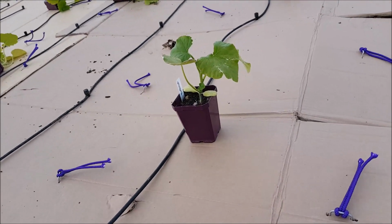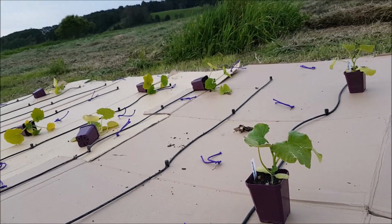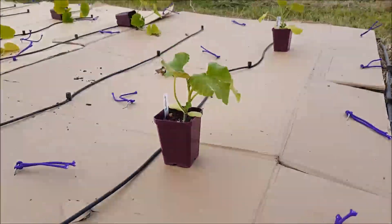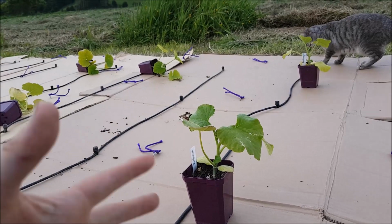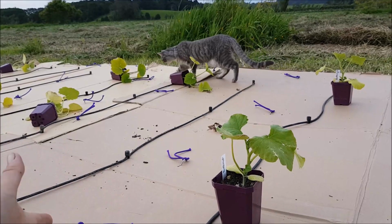So what I've done is something rather naughty, and I probably shouldn't tell people how to do this because it's not technically legit. But what I did under there is I just mowed as close as I could get, scattered down some blood and bone and some Dynamic Lifter, which is a great pelletized product,